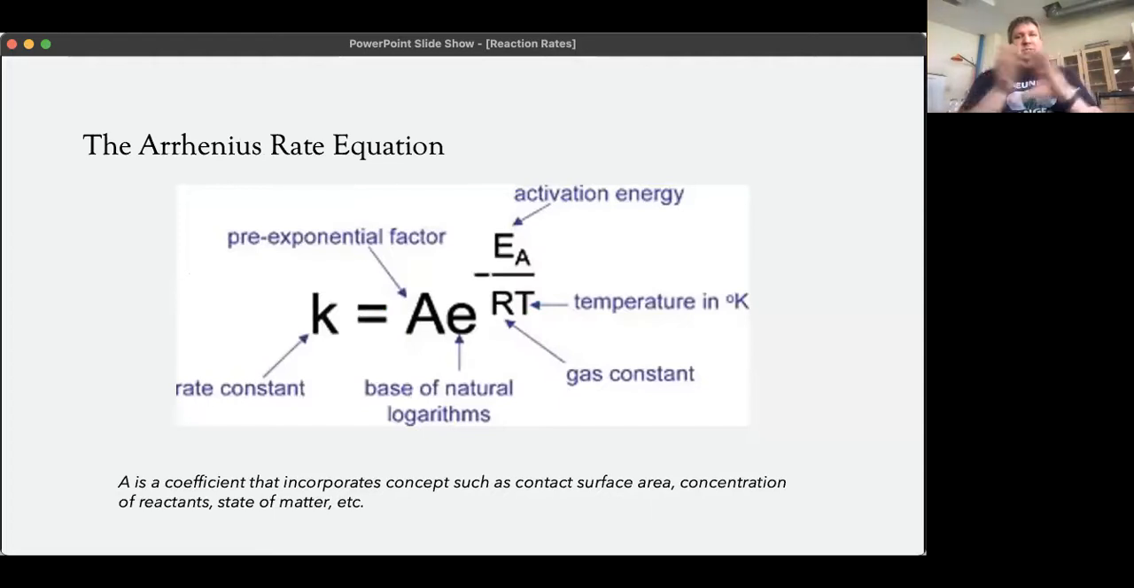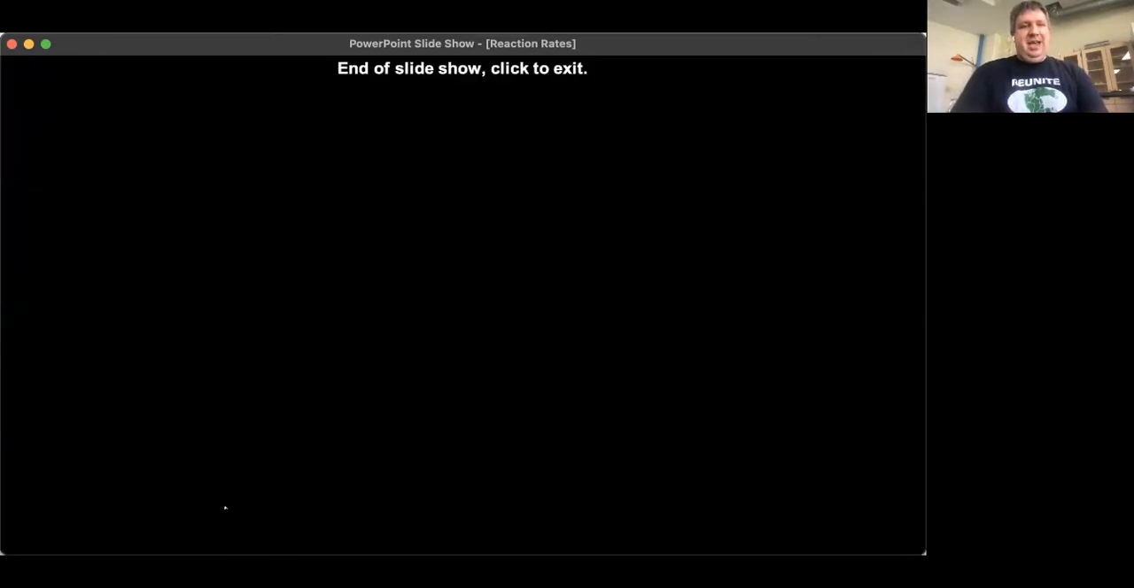So we get the rate equation: temperature, increasing rate, that direct relationship. Activation energy, increasing activation energy, decreases the rate, that inverse relationship. And the last term is this really abstract thing called the pre-exponential factor, because it comes in the equation before the exponential term. That was a really original name. But basically, that coefficient A,